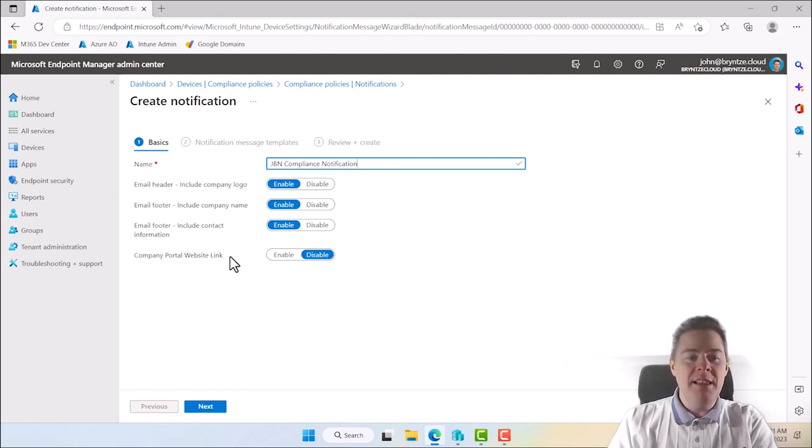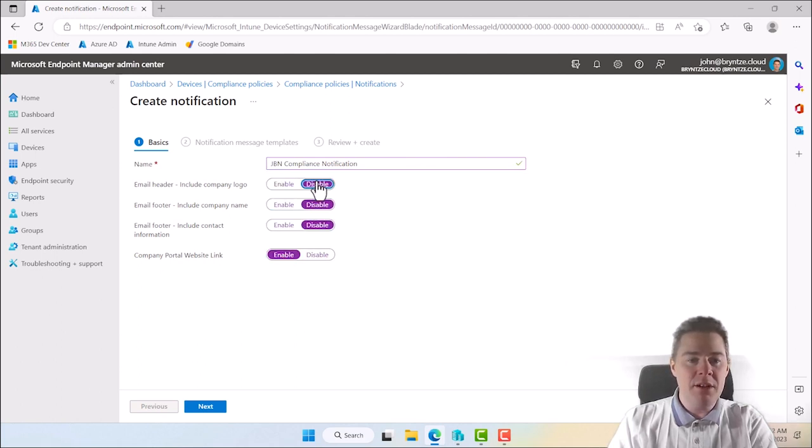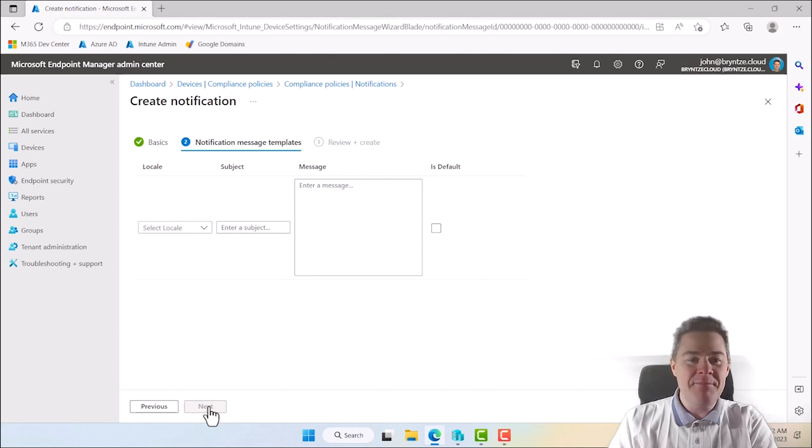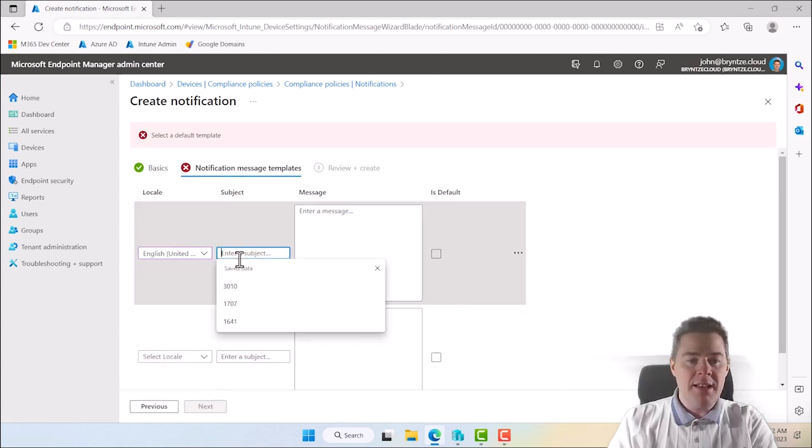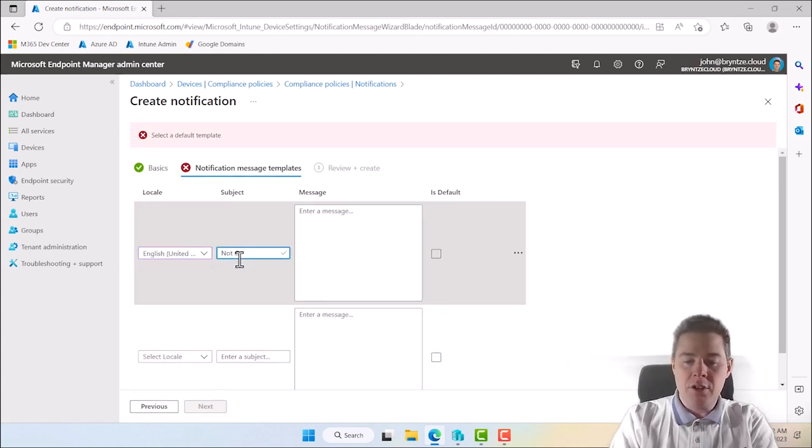So we can do a link to the website of the company portal. I'll skip that. I haven't done this branding for this part, so you can keep that enabled if you have that. But that's not so important for this. So let's go next here. So here we can have a different template depending on the locale. So I'm going to do just one, English. I'm going to say not compliant,